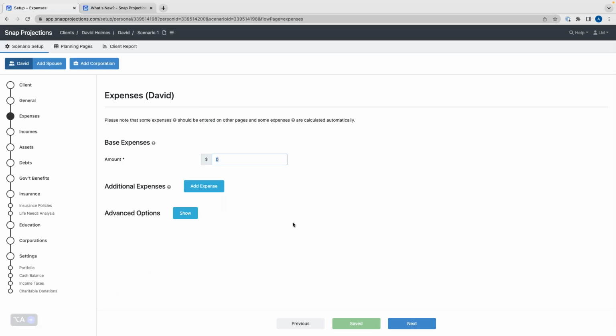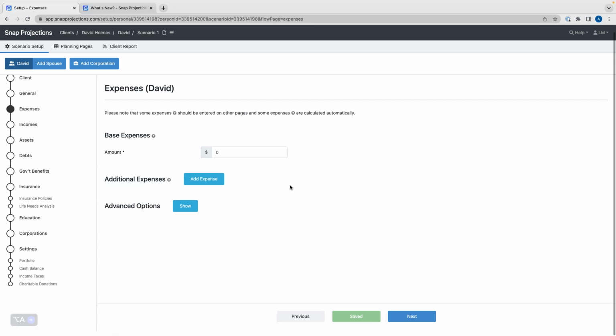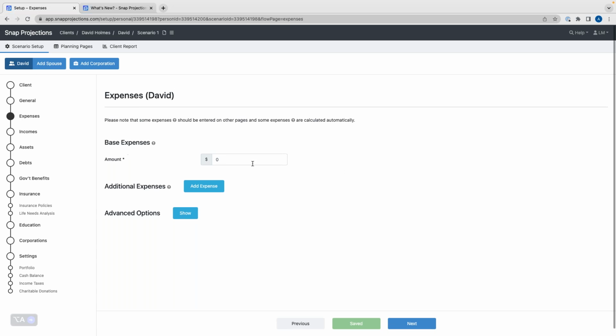And now we come to the expense page right here, which is our brand new part. A quick tip here: when you're trying to input anything in client's page, you can always hover over these little gray question marks to know what input Snap is expecting for you to do. And this is for throughout any of the scenario setup or any inputs that you aren't sure about, even on the planning pages. So now when we start a new plan, you will get the option to enter base expenses